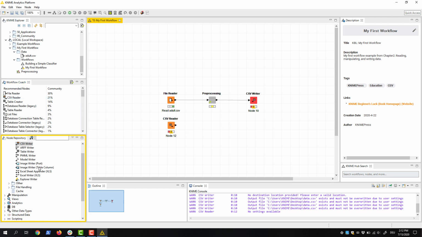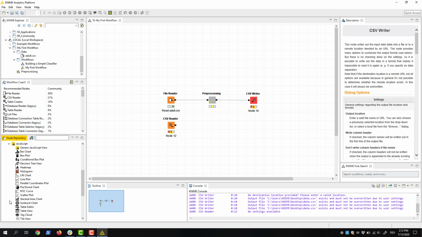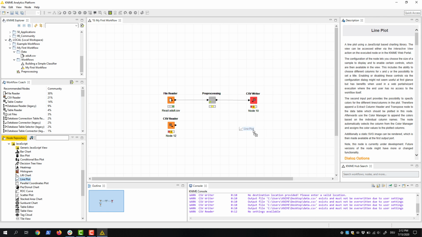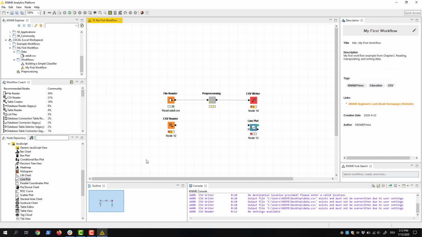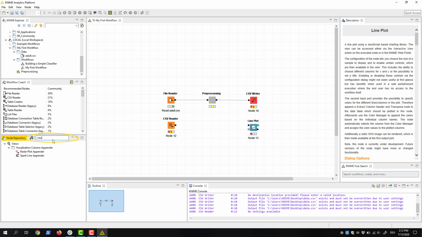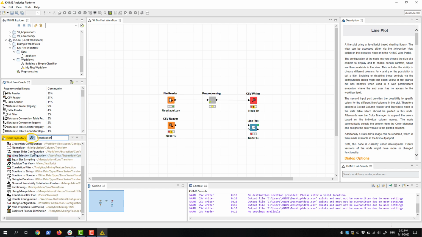Currently installed nodes are available from the node repository. You can add a node from here to your Workflow Editor by dragging and dropping or by double-click. Search for a node by expanding the categories or typing a search term into the search field here. There are two types of search, the crisp search and the fuzzy search. The crisp search setting is the default mode and returns all nodes that either have the search term in the name or that are in a subcategory whose name includes the search term. The fuzzy search returns all nodes that are related to the search term.